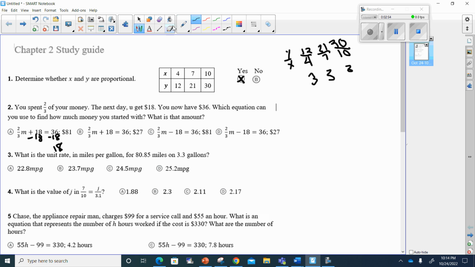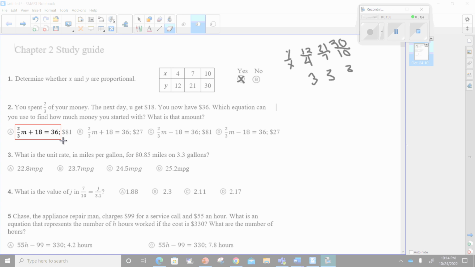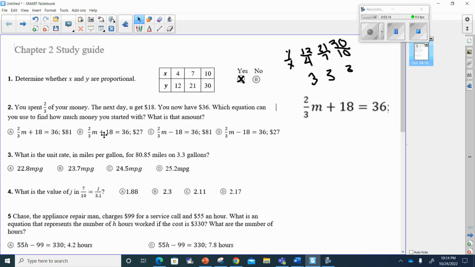And you know what? This is not enough room to properly show this. So I'm going to take my snipping tool here, and I'm going to take this over here and work this problem first, since it seems to be the problem that is for both A and B, which we believe is the correct one. Well, when we subtract 18 from both sides, it's going to leave 18 over here, because 36 minus 18 is 18. That's got to equal